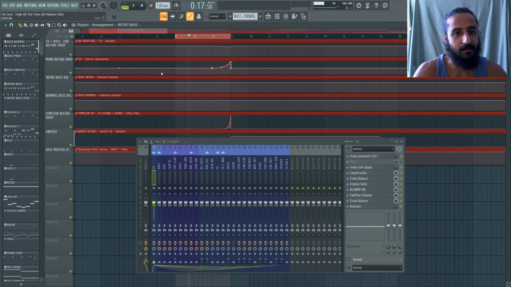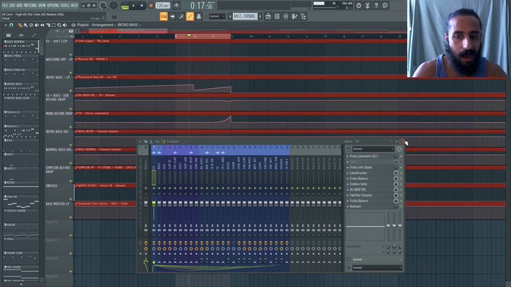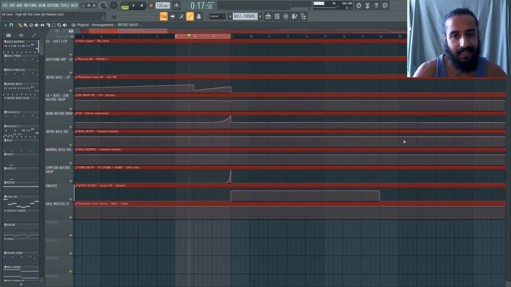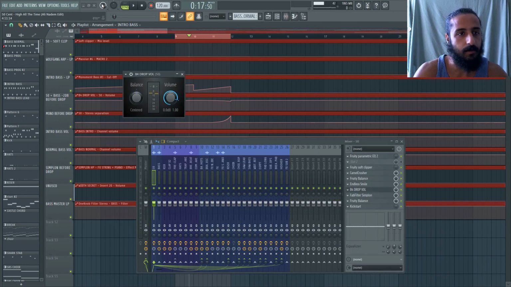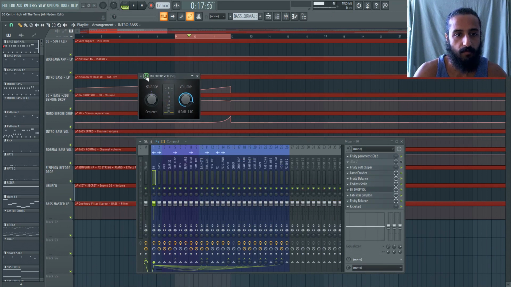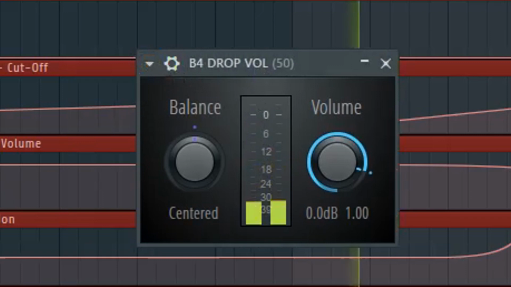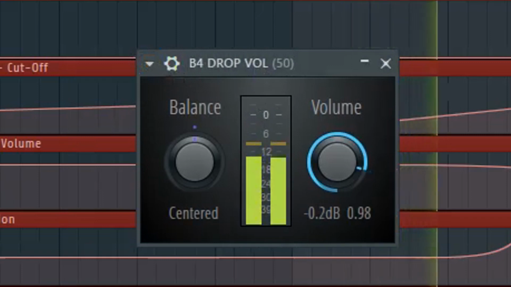So when I was making the track, maybe about halfway into making the track, I was looking at what I can do to sweeten up that drop impact. And let's talk about volume again. So volume, I'm using this automation clip here that says before drop volume. And you can see here, it's going down,